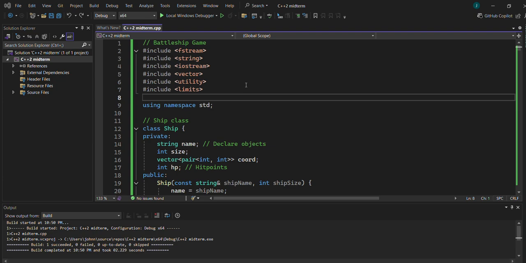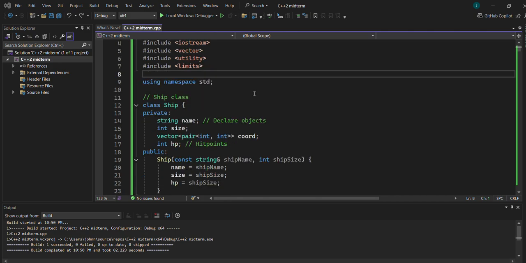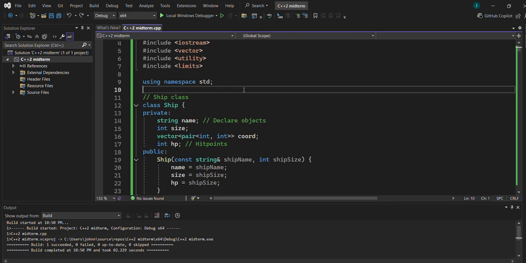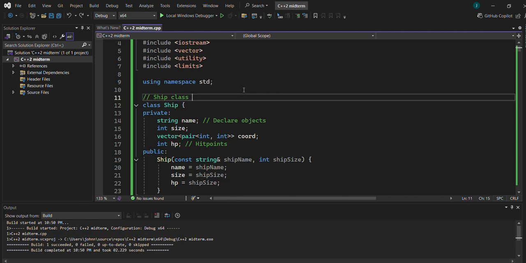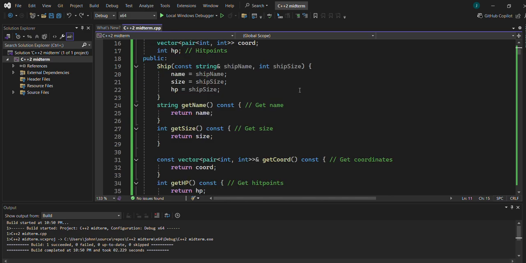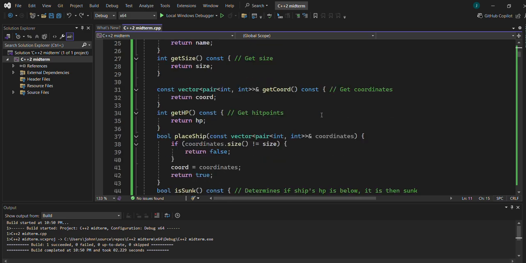This is my battleship midterm project game. I first start with include pound directives here and so on. And then my next thing I do is I define a ship class to create my ships and also attributes here and there, along with my getters and setters,